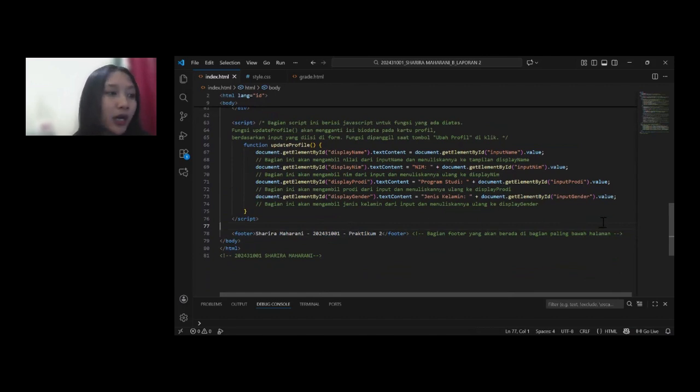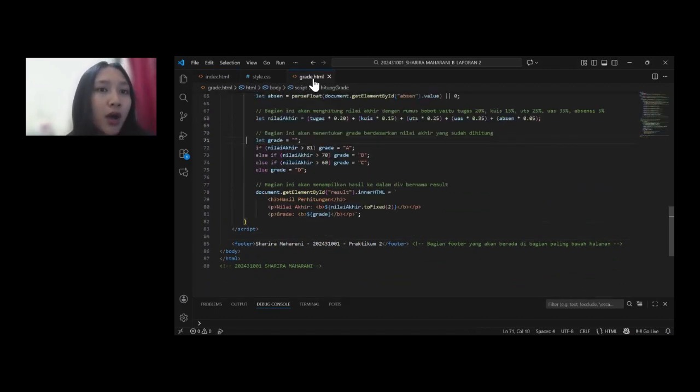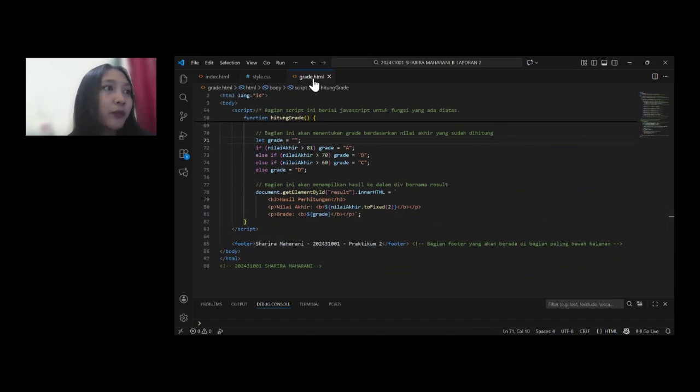In the second part of this presentation, I will explain grade.html. I will explain the structure and logic inside grade.html, which serves as an academic grade calculator.